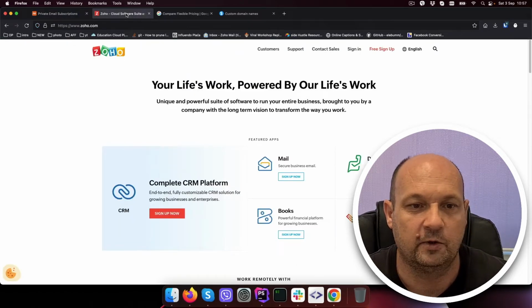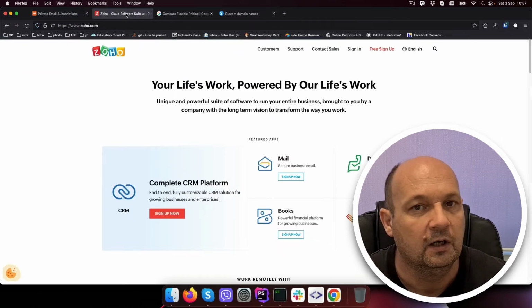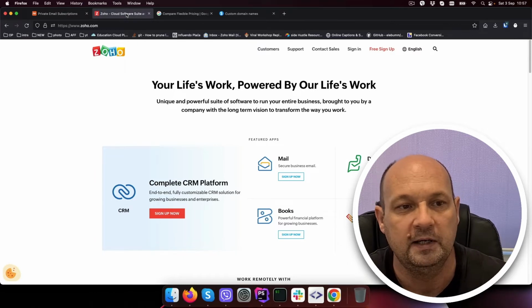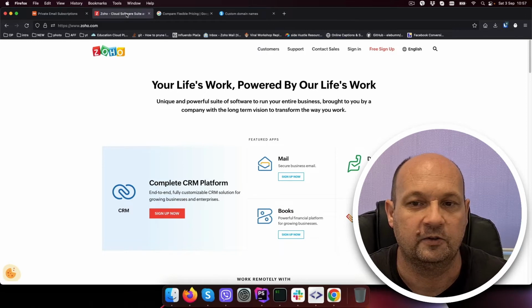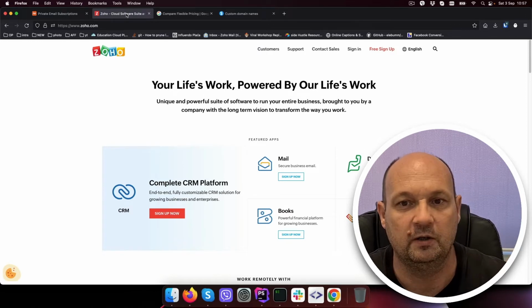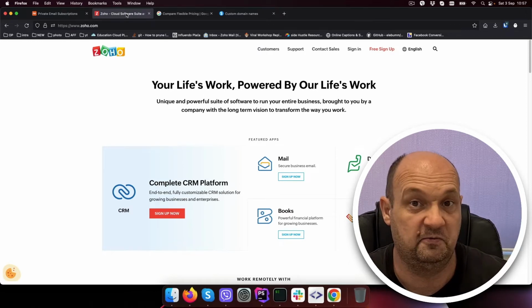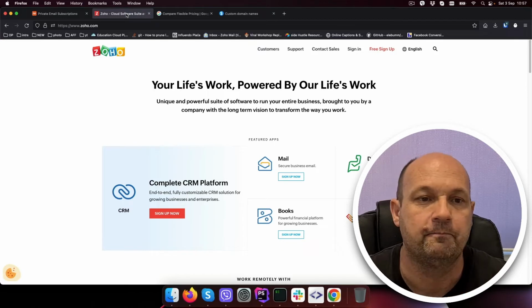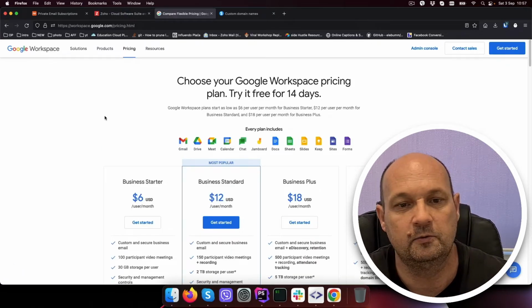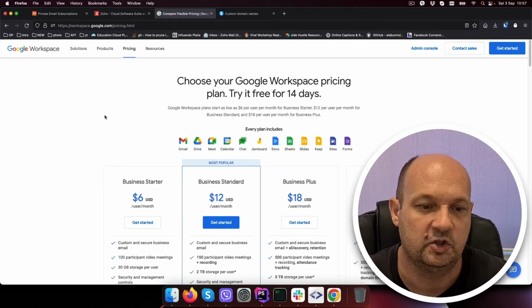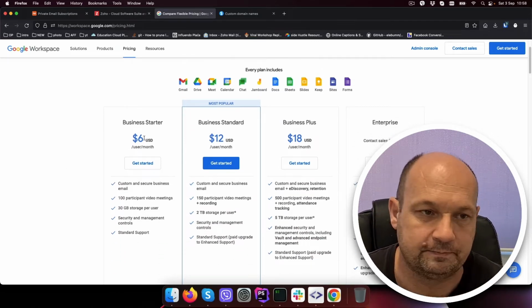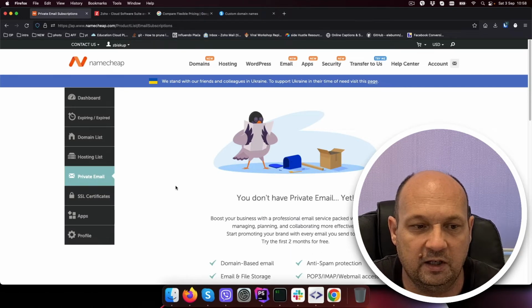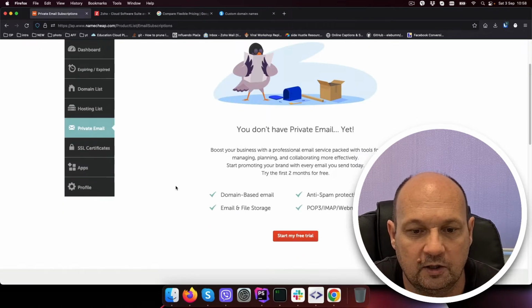The other option for emails, which is totally free, is called zoho.com. You can sign up here and create an account connected to your professional domain. It's totally free for one email. Another not free version is Google Workspace emails, which has a business starter plan at $6 a month. But I like to keep everything in one place, so I will go here and click start my free trial,